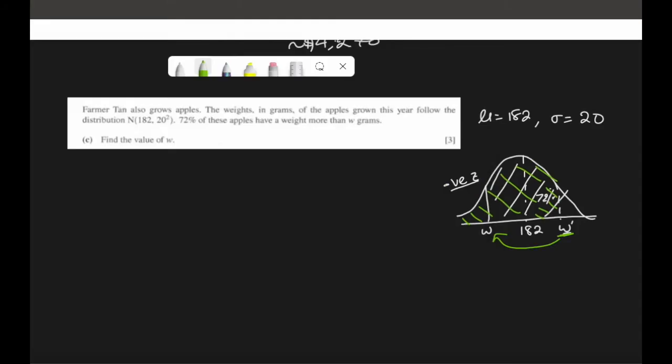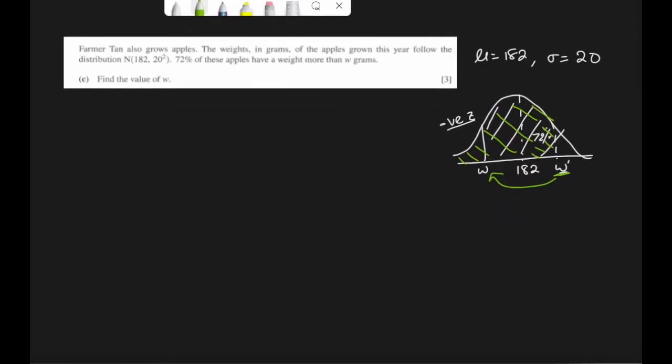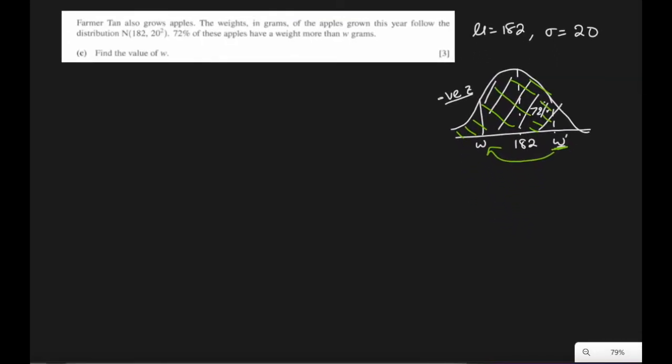0.583 is our Z score for W prime. So that's what I'll do now. So here the Z score is 0.583, but this was not our question. Our question was W. This will be minus 0.583, and this is where we will use probability that X is less than W is negative